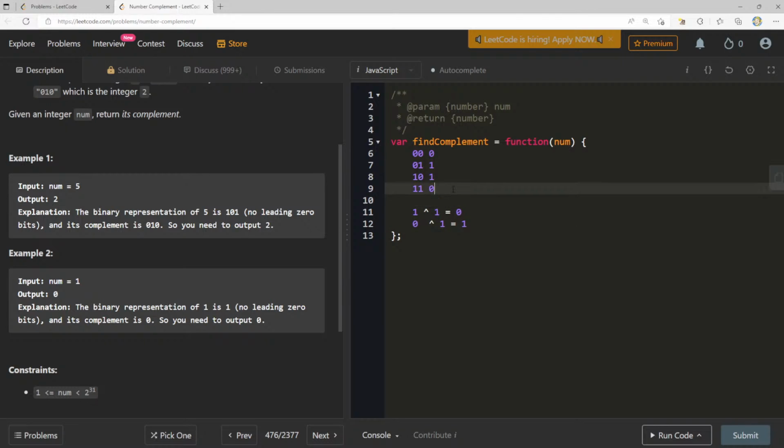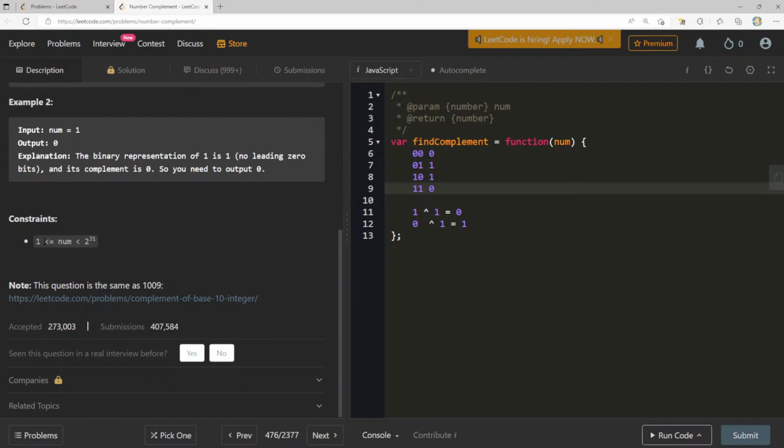Now, what if we toggle every single number with a large, can we just create 2 to the power of 31? Like, if I just created a mask, would it actually work that way? If we did const mask equals,